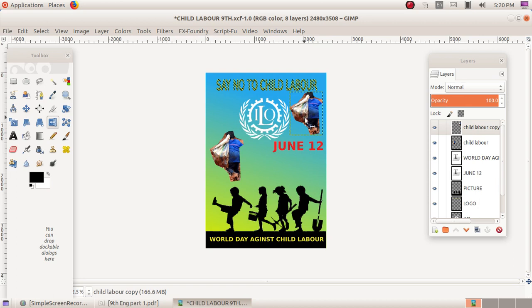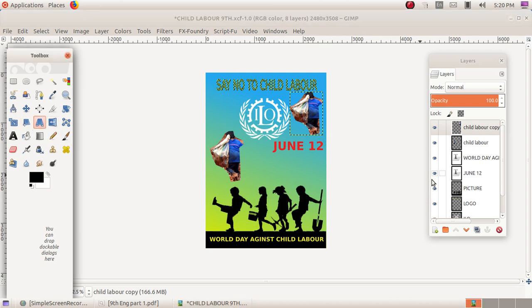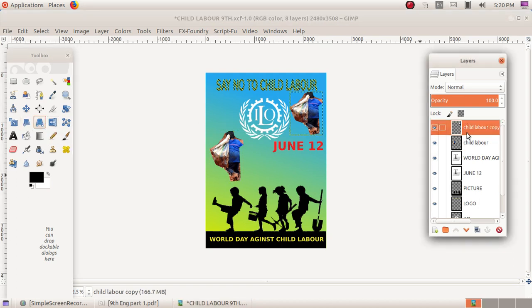That is the flip tool. Then next is changing the picture clarity. For that, make a duplicate of the picture you would like to change the clarity of. First select a layer. We can select child labor copy.